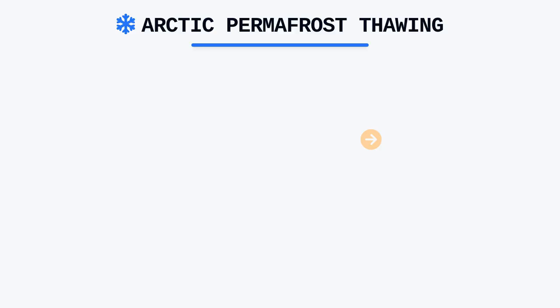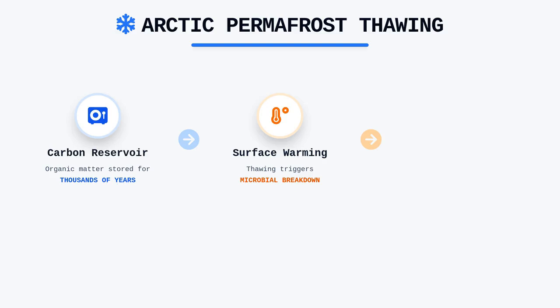A significant focus area for the exam is the thawing of Arctic permafrost, which functions as a massive reservoir of organic carbon accumulated over thousands of years. As the surface air temperature rises, the ground thaws, and microbes break down this previously sequestered organic matter. This process releases carbon dioxide and, more importantly, methane, which has a significantly higher global warming potential than carbon dioxide